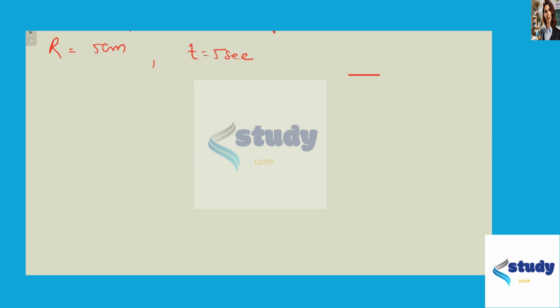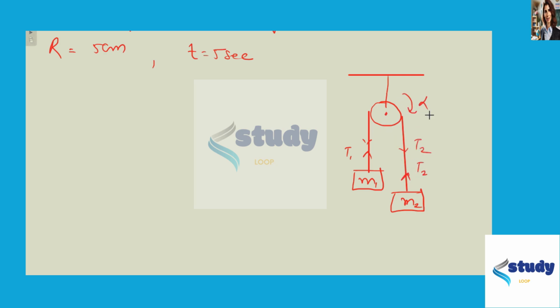Now I am going to draw the diagram for this given question. So this is the pulley and there are two blocks. So this is our first block here, and let this be our second block here. So this is M2 and this is M1. Let the tension in this string be T1 and tension in this string be T2, and this is our pulley, and let this rotate by alpha, that is the angular acceleration of this pulley, and the forces on this block is gravitational force, that is M2g. On this block this is M1g.